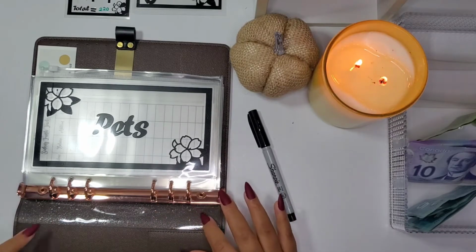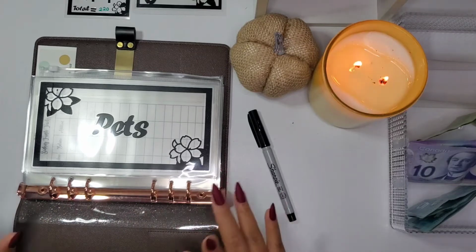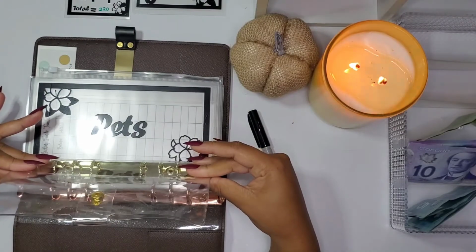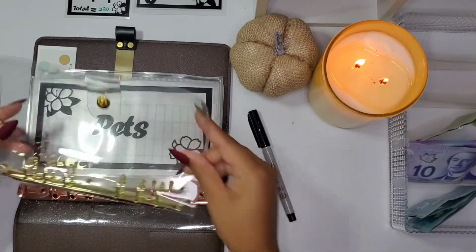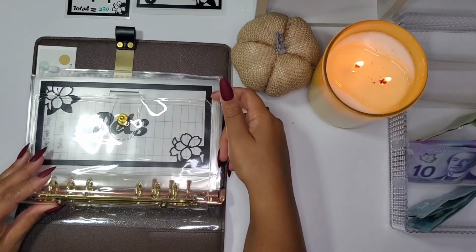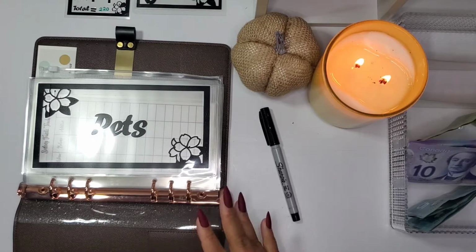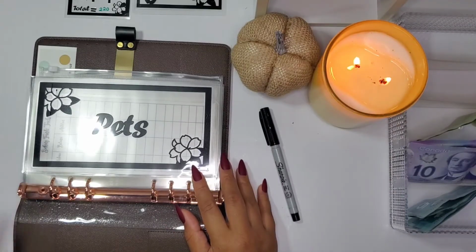So a lot of the girls will use this in the A6, which is still 6 rings, but the 6 rings are a little closer. Actually, no, they're not. Are they closer? I feel so. Let me show you the comparison. So here's an A6. So the rings are actually the same in terms of spacing. Actually, no, this one, as you can see, is just a little smaller. Like, it is shorter. And then width-wise, you have probably maybe another 2 inches or 1.5 inches that it is a little bit wider. So this would be your A6, and this is an A5. So definitely, if you're looking to move into a bigger system, then I would recommend an A5. So this is going to be now for pets, and pets this week is going to